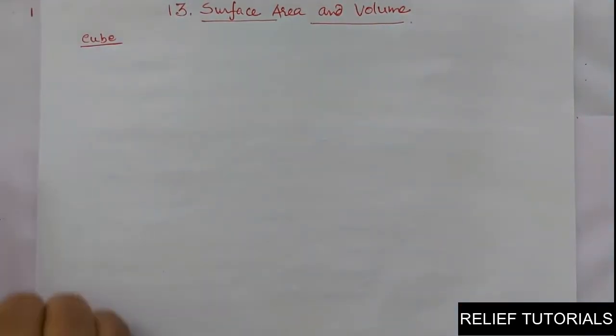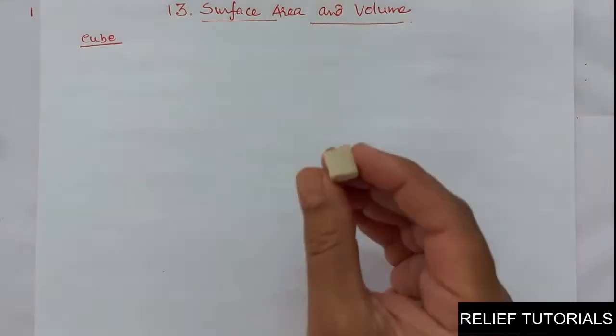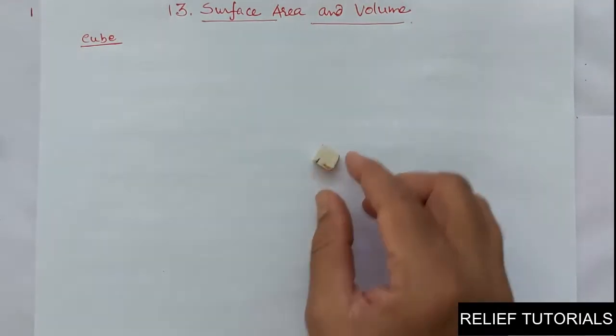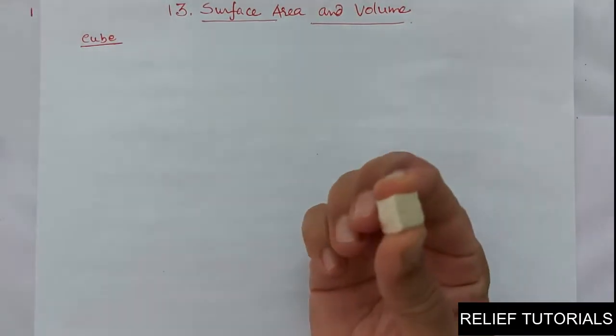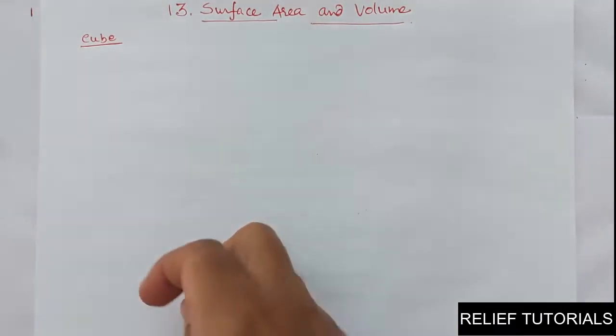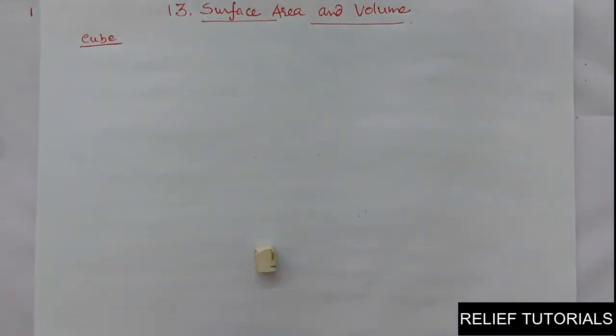See, have you seen the cube? Generally you are familiar with the cube. Rubik's cube. We used to play with the Rubik's cube. That is a cube. See, this is a cube. You know that we used to play snake and ladder. So we have a dice. It is like a dice.